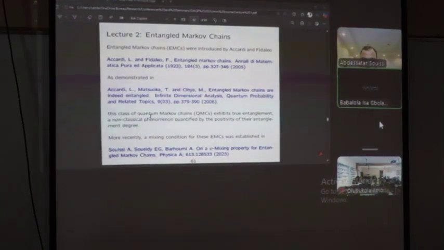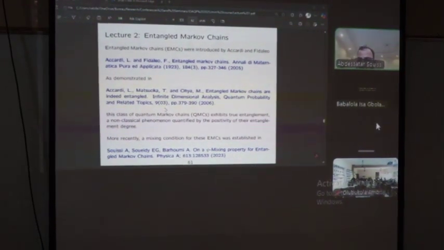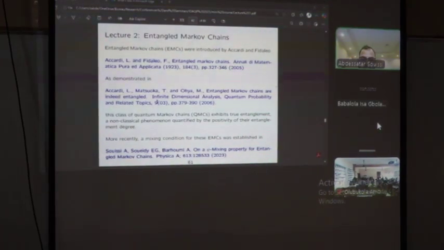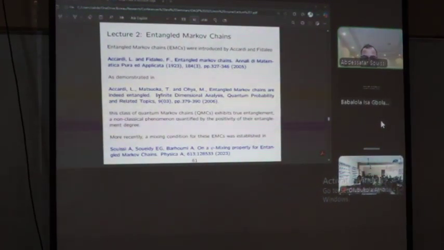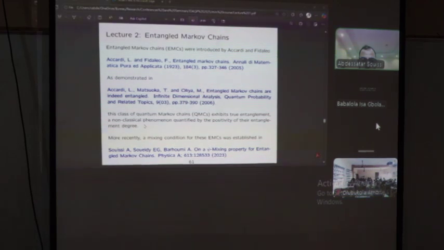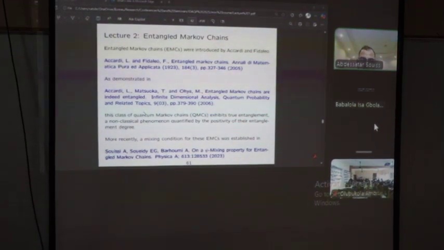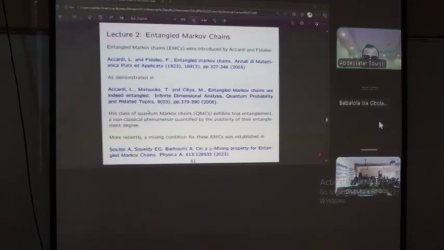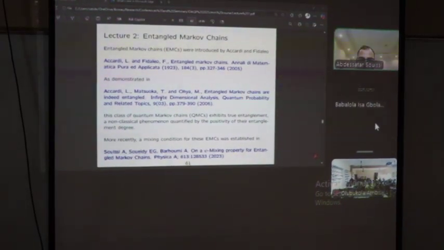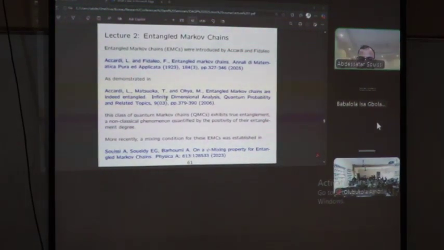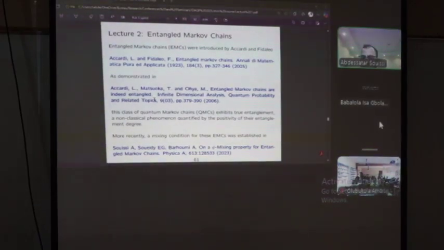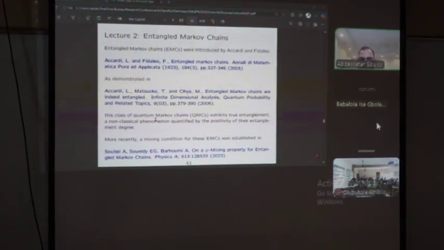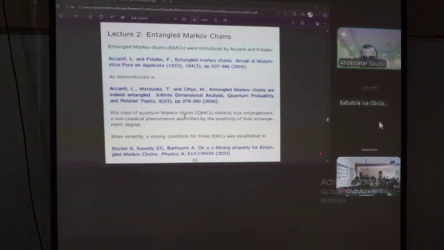Okay. This class of quantum chains has been shown to be really interesting, in a series of papers by Professor Ezekiel Olusola Ayoola, and there are a lot of applications within quantum dynamics, such as recent works on entanglement models, and concrete examples such as the case of Peyton and Hawks in its quantum